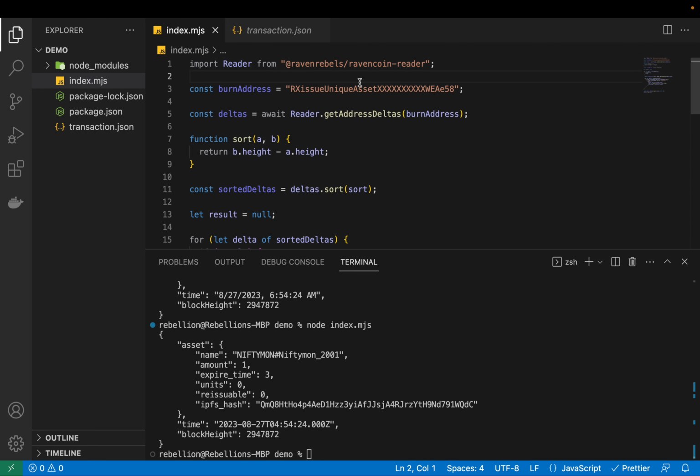That's a simple wrapper around the Rebel's Ravencoin RPC library that we have, and behind that we have Ravencoin as a service. We have publicly available nodes that you send your RPC commands to. It enables you to kickstart your development. You don't need to set up the infrastructure yourself. You can just take your computer, create an empty project, install Ravencoin reader,